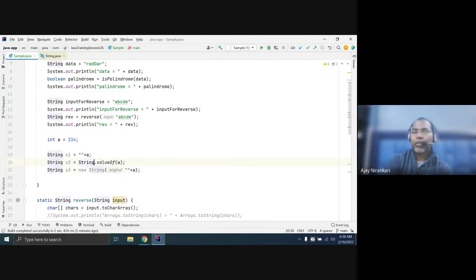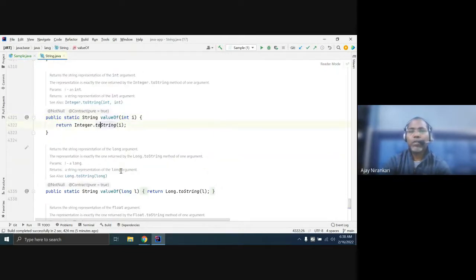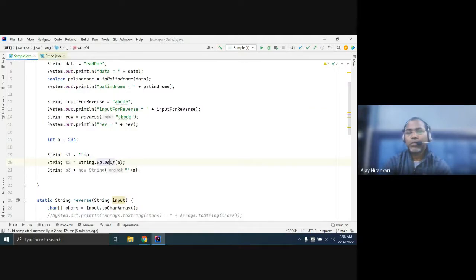Or valueOf. Generally the preferred way is this or this, both are the same thing. valueOf also does the same thing: whatever integer you pass, it just returns a string. Multiple approaches, but do it as simply as you can.